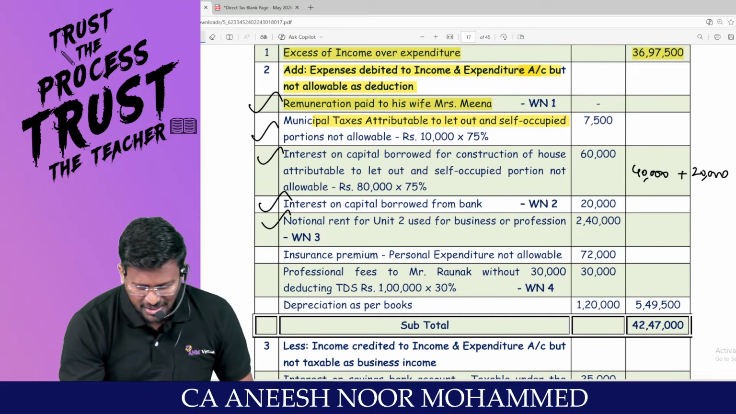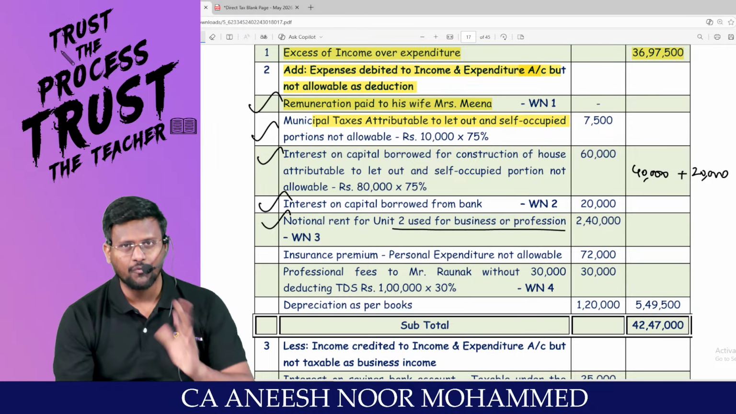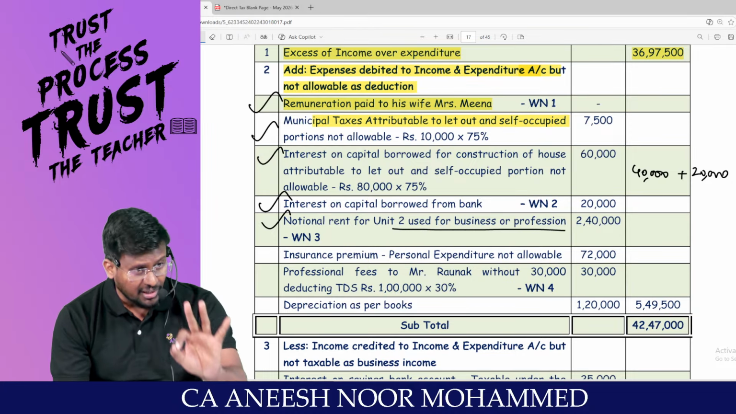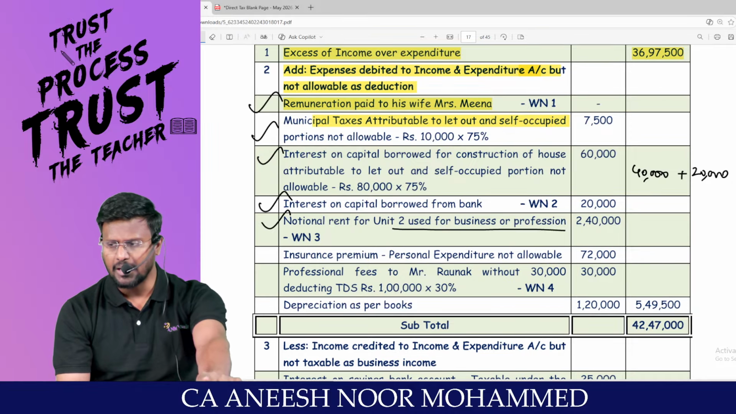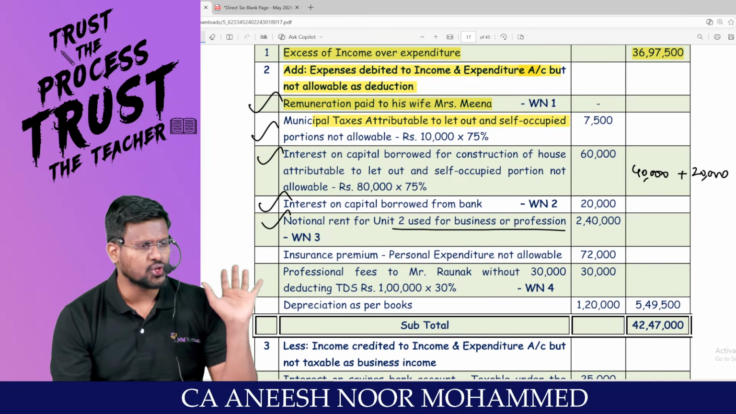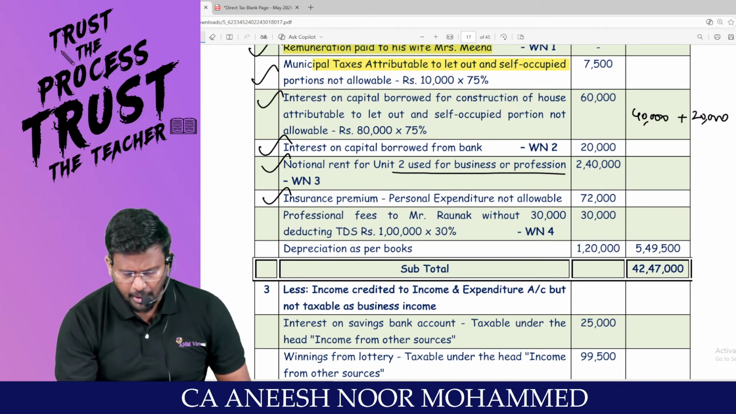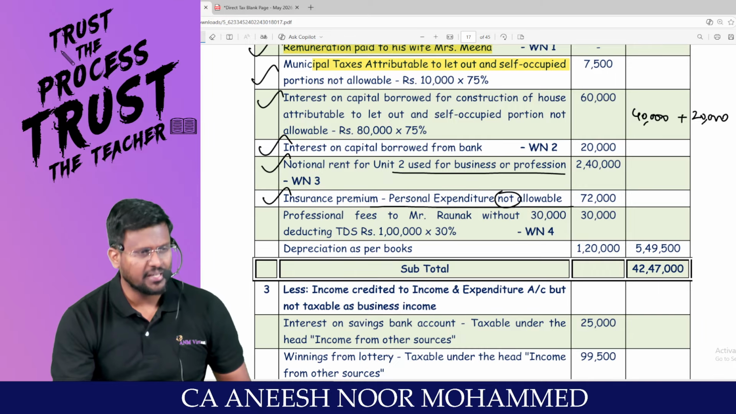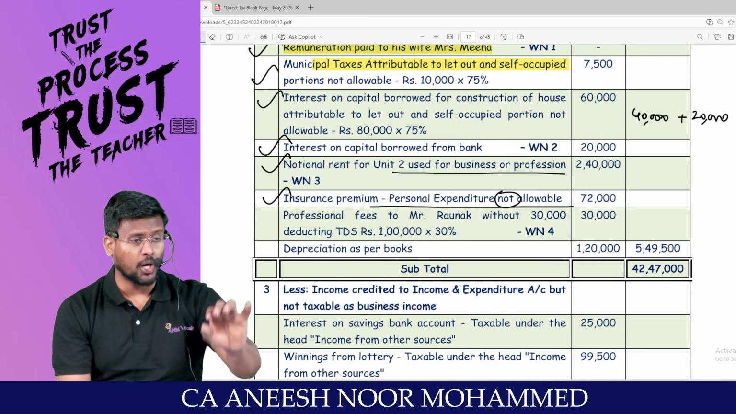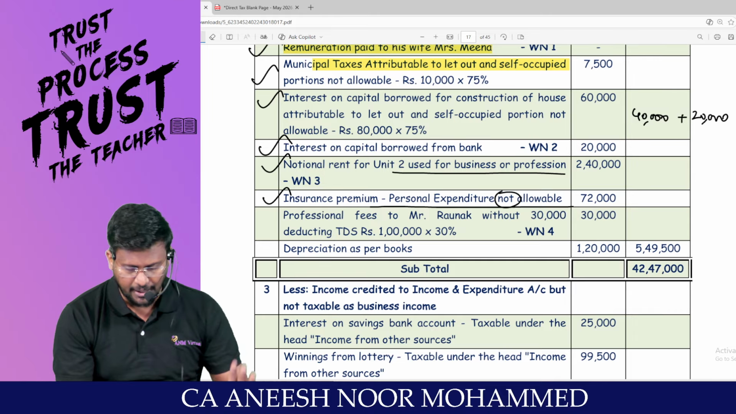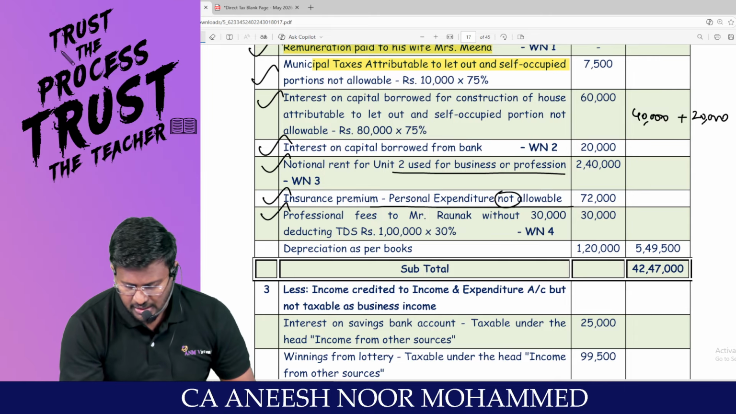Sir, notional rent for unit 2 used for business or profession as per section 30. If you are the owner of the building, for that building, no notional rent concept will be applicable. Should be added back. Insurance premium, it is personal expenditure. It is not allowable. Insurance premium should not be debited to P&L account. Should be added back. Professional fees to Mr. Raunak